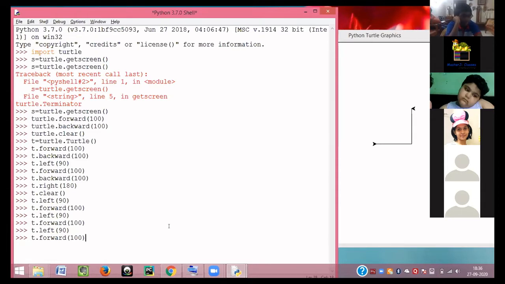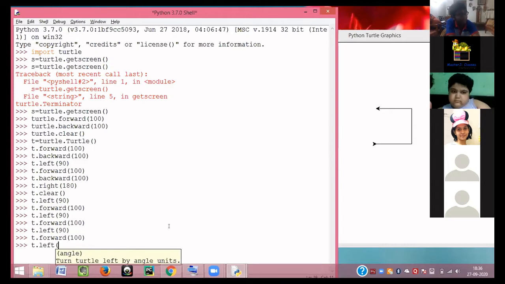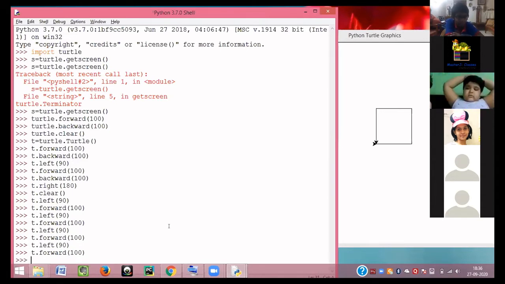By the way, this is Ishan who has said this. Very good. You can use a loop. Okay. The third side has been created. Now only two steps remain. One, making the turtle turn left again by 90 degrees, and then making it move forward by 100 steps. So your square is completed.